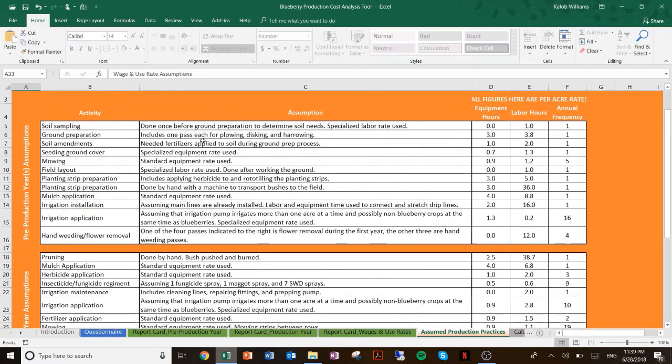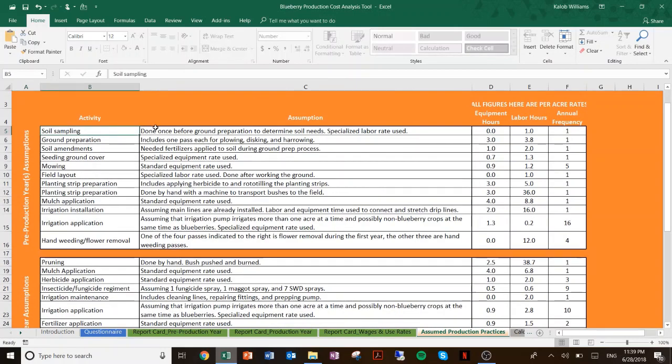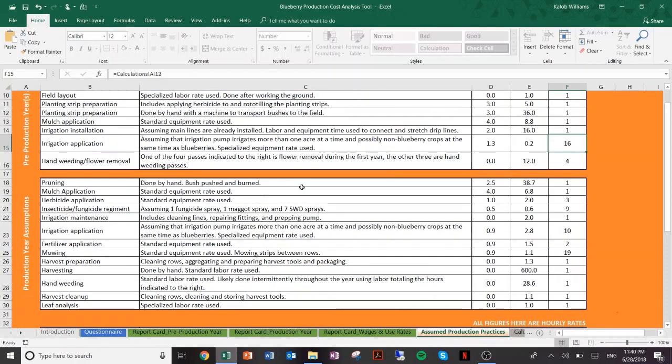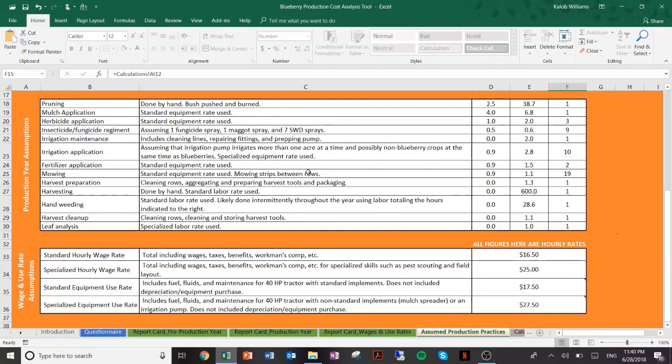And it just simply tells you what the assumption is. Soil sampling was done once before ground preparation to determine the soil needs, and the specialized labor rate was used. And these figures tell you what the equipment hours were for the representative farm, how many labor hours were used for the representative farm, and the frequency. You can go through and read the rest of these on your own,